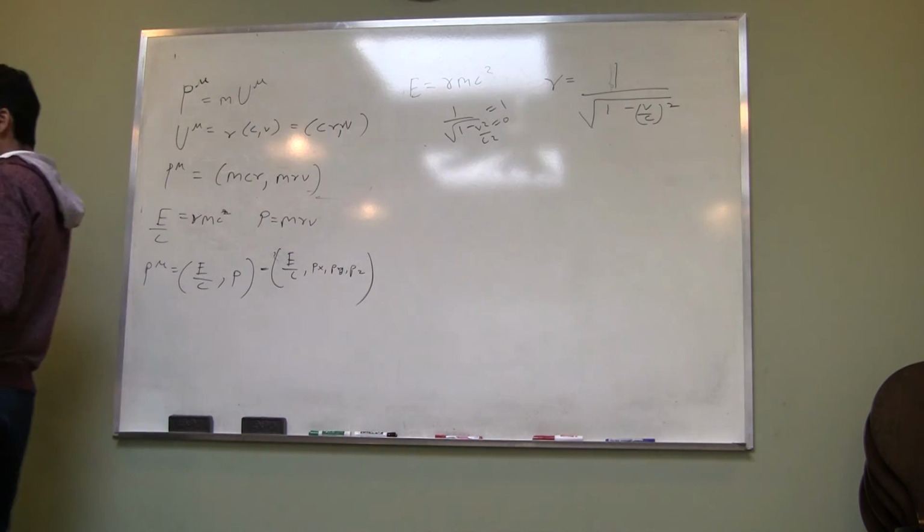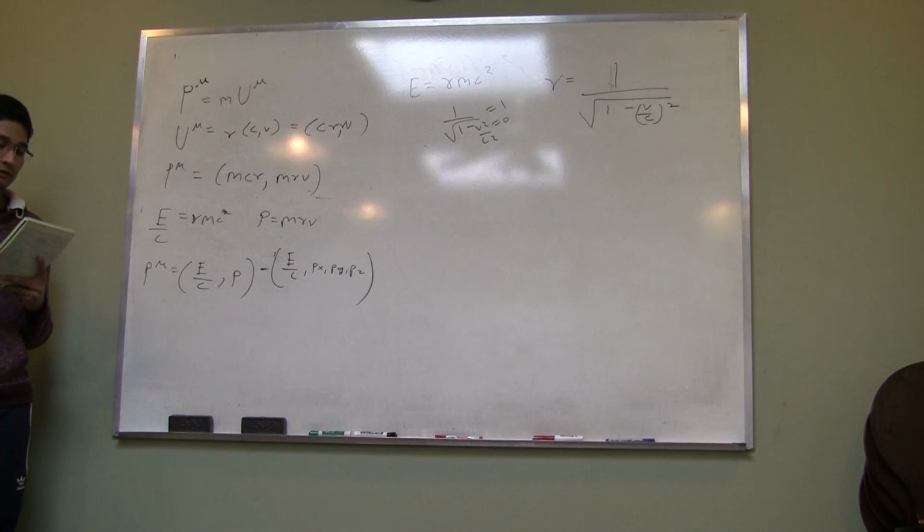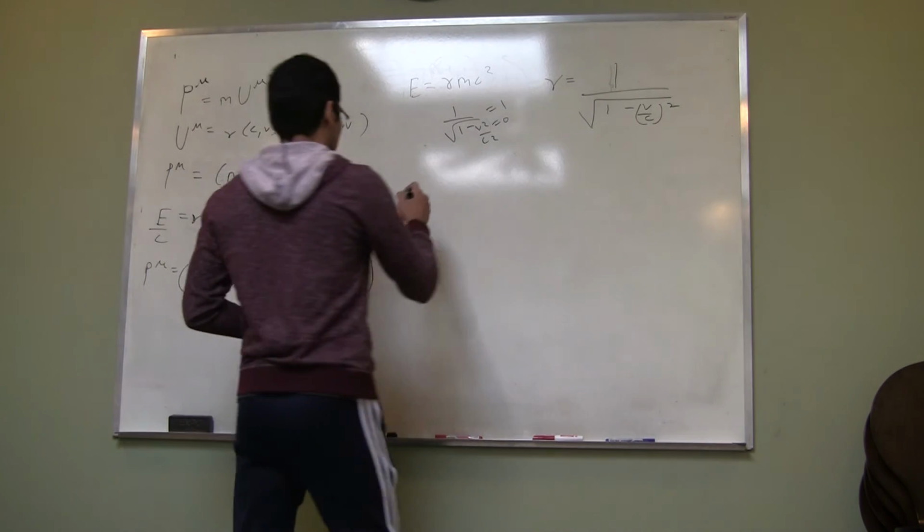So 4 momentum provides a complete description of total relativistic energy, its time component, and relativistic momentum, its spatial components. The 4 momentum of a particle is a vector whose components in some frame give the particle's energy and momentum related to that frame. As we will see later, the all-important energy momentum tensor comes at the right hand side of the field equations. But the thing to take out is that mass